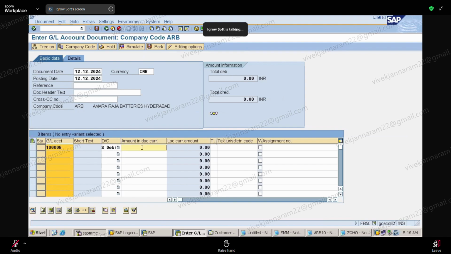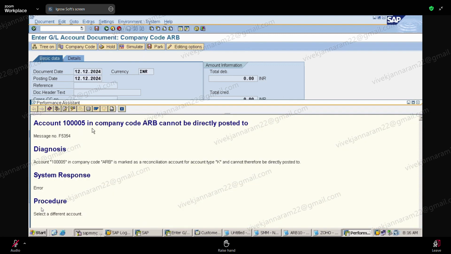You see what it says? Account 1 lakh 5 in company code cannot be posted directly. Why? Because this account is marked as